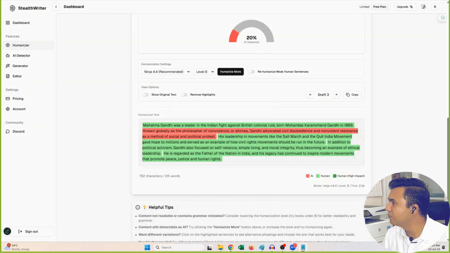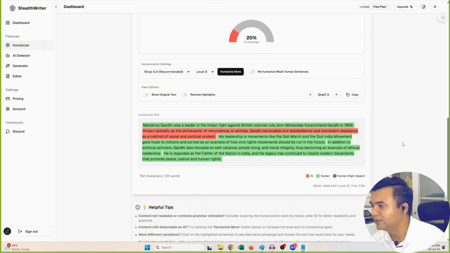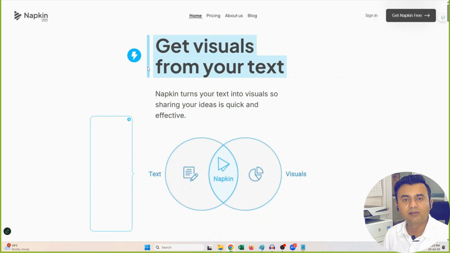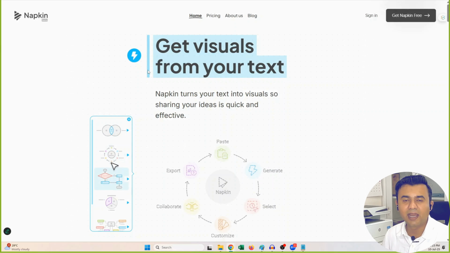Right, so that one was about the stealthwriter. I'll show you one more tool around. Maybe we can take a look at the napkin. Okay, so now let's say in this section, we will take a look at an excellent AI